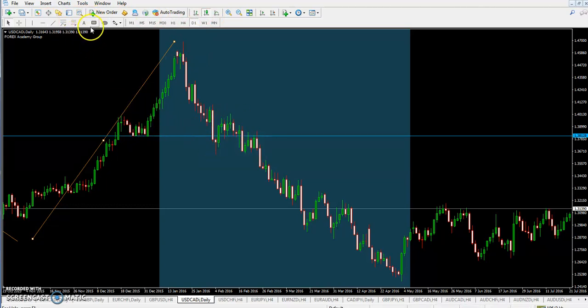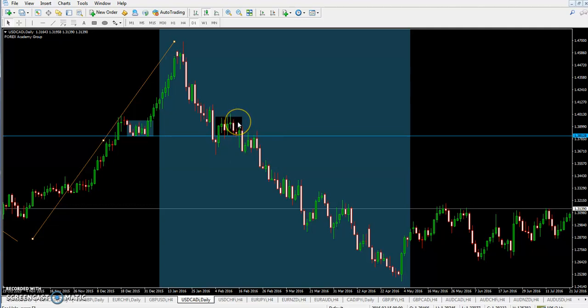Now, I like to look at this as ranges. Like this is a range right here, right? And then this is a range right here, where the market is kind of moving sideways. It's consolidating, right? So all it's doing is an accumulation of orders in order for the market to go ahead and pick back up and continue its trend, whether it's a new trend or a continuation of the previous trend, right? A lot of people at this point are keeping their eye on this section right here,